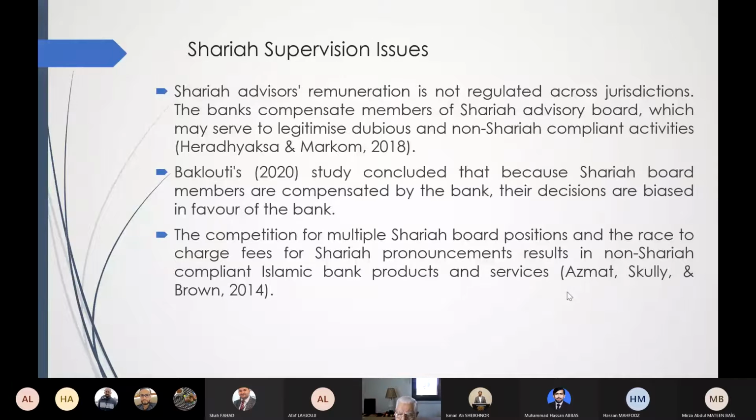Can you sell a property or sell bread to a conventional bank? Yes, you can, of course. And we go beyond that: it is permissible to work in a conventional bank, provided you don't do